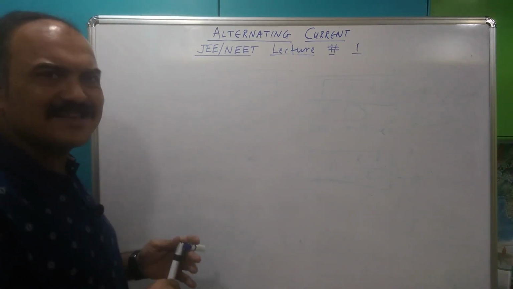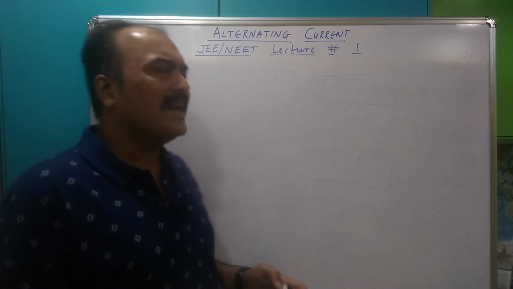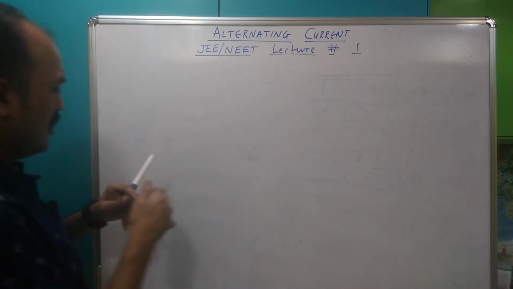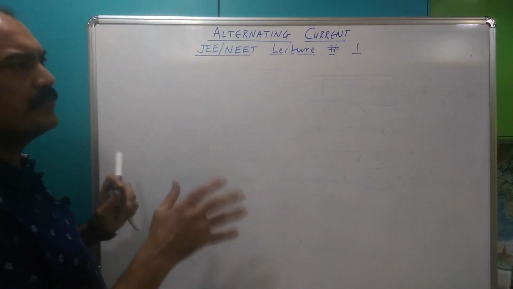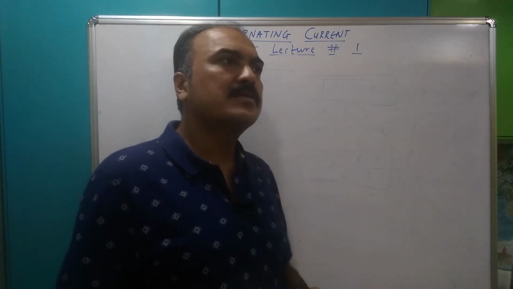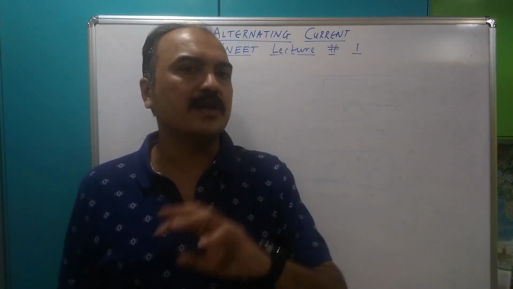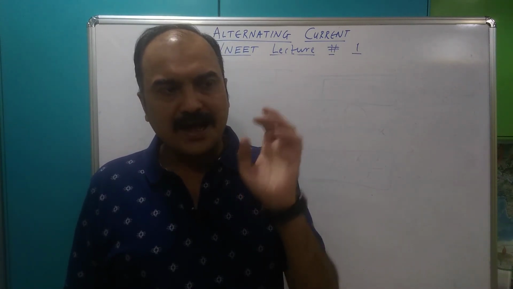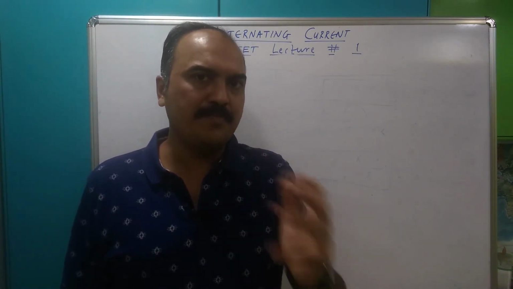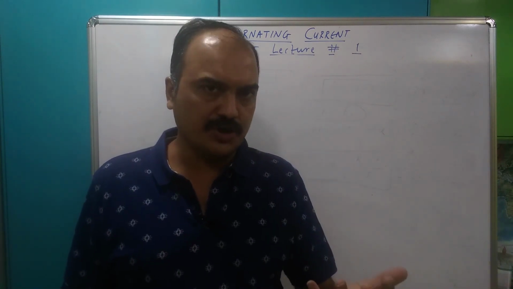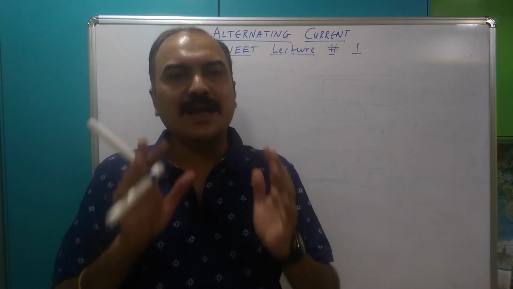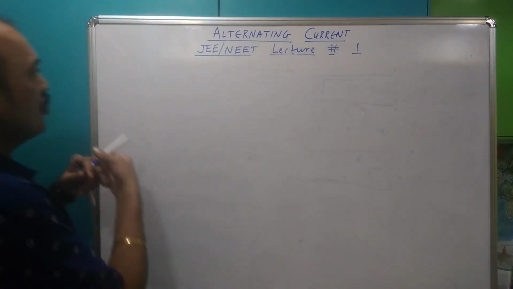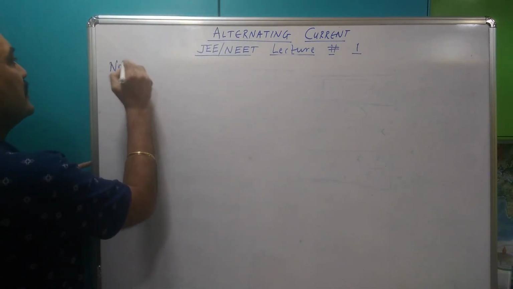We saw the RLC series circuit there. Let me tell you something that has not been told to you before. Impedance, we have written Z equals root of R square plus XC minus XL the whole square. Now I can represent this impedance Z as a complex function, and a complex function can be represented in terms of its real and its imaginary part. This is just a note, you need to understand this.